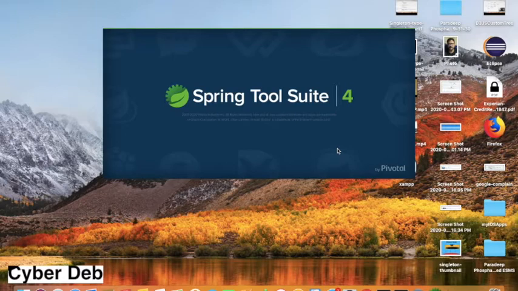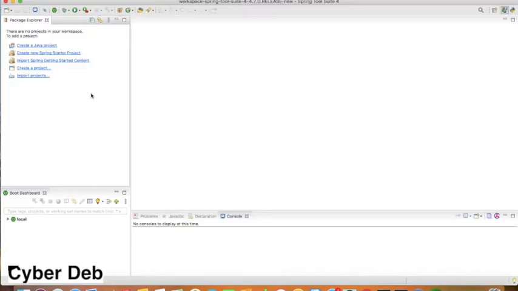Then you can go for creating the project. So now, once PyDev is installed and Eclipse or STS is restarted, you can go for creating the project.